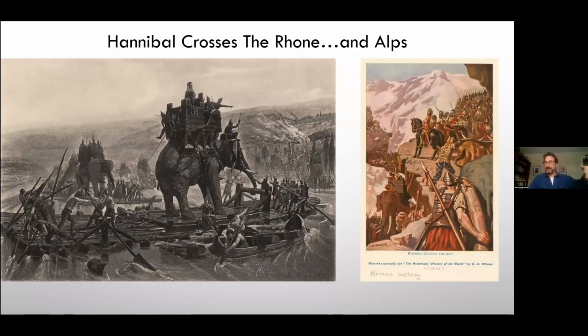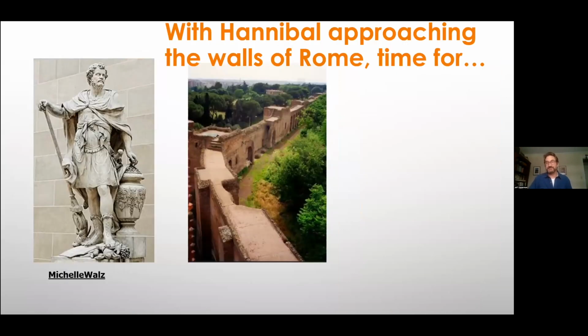Well, he went through Spain from Africa. He crossed the Rhone River on rafts. That's what you see here. Then he crossed the Alps, building all kinds of bridges and structures to get the elephants over the Alps, and then descended onto Italy, and was shocking the military, with a series of dramatic victories for Hannibal, and shocking defeats for the Roman Empire. And now the enemy was headed towards the gates of Rome. This is Hannibal on the left there, and they did not know what to do.